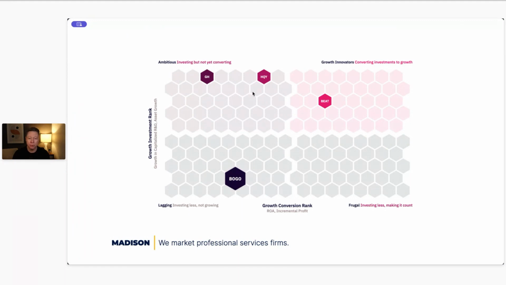In this example, because we had data on all of these public companies normalized, we could run an analysis on any company that we had data for. And then we could reach out, and we knew who our ideal buyer was. We could say, hey, here's our white paper on the Growth Innovators Matrix. Would you like a custom analysis for you? Or we could even just say, hey, we benchmarked you relative to your competitive set on these 4, and bucketed you into one of the 4 quadrants. We'd love to walk you through what the results were, which piques their curiosity.